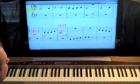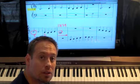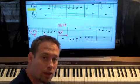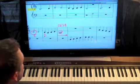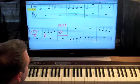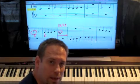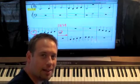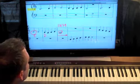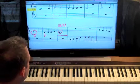I'll give you a little tip here too. If you have some two-color highlighters, me and my kids, we use orange and yellow, take a highlighter and highlight the left-hand notes, and with the different color, highlight the right hand. I don't know why it works, but it helps you visually see which hand is coming up. Some people have trouble telling which hand at first, so if you use a highlighter on those, it works pretty good. Anyway,